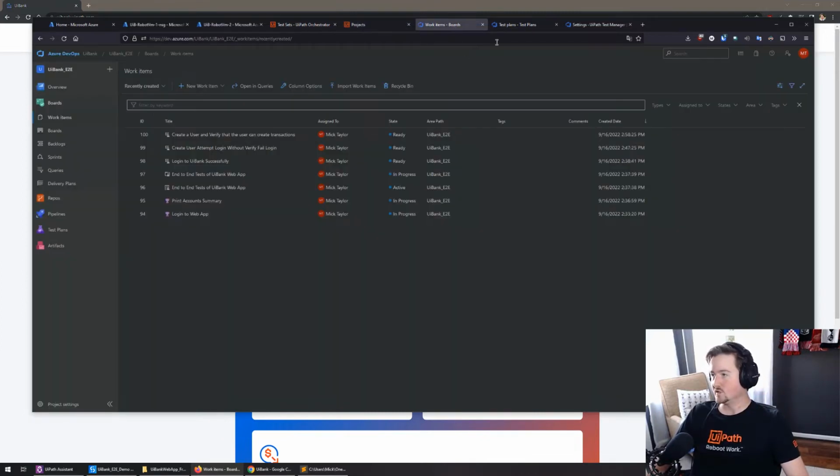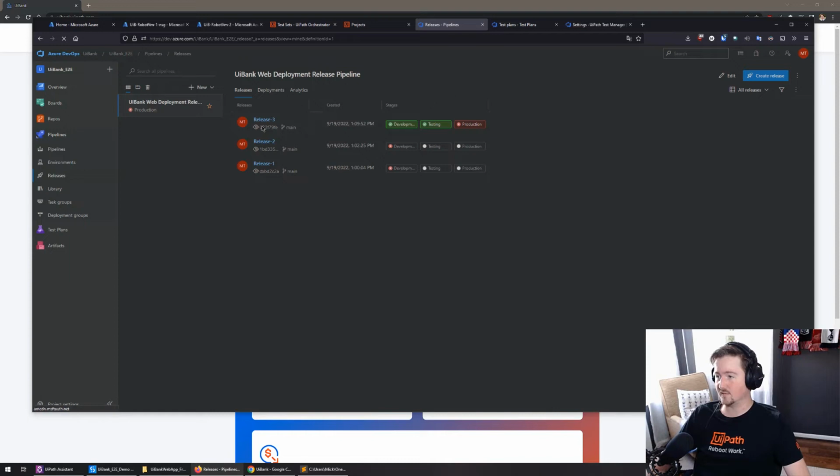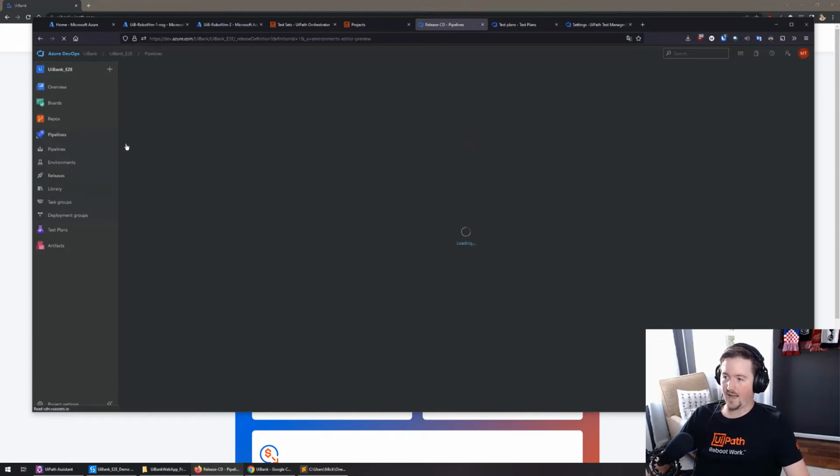Okay. So moving on, once we have all of those connections made, we're going to go over to our pipelines, and we're going to take a look at one of the release pipelines that I've created here. So you can see that my last test that I did, everything ran successfully in development, ran successfully in testing, but prior to getting into production, we had an issue. So that meant that release was not going to make it into production yet. We're going to have to redo a testing cycle to make sure that we get everything working. So let's just take a look at how I created this